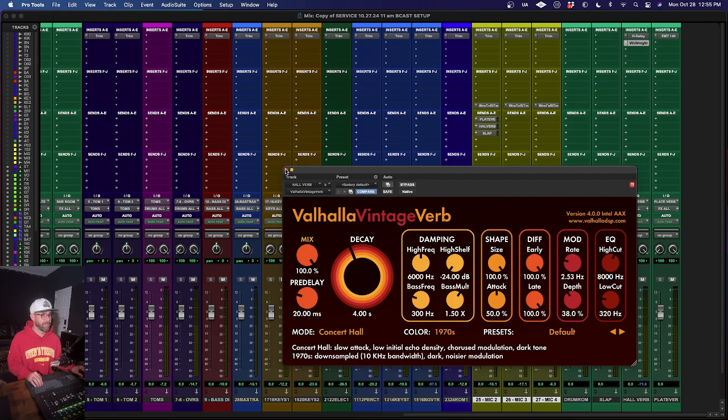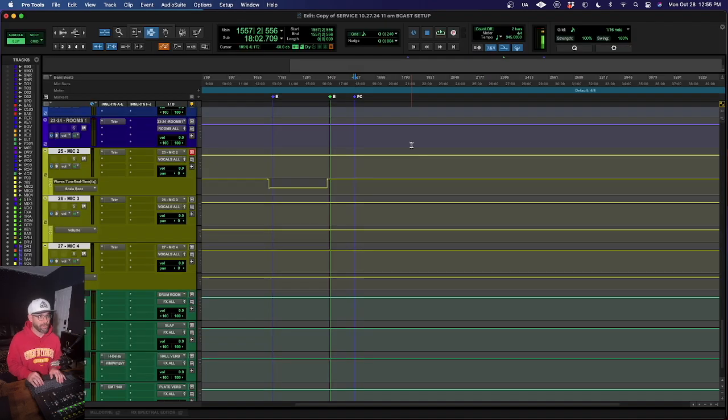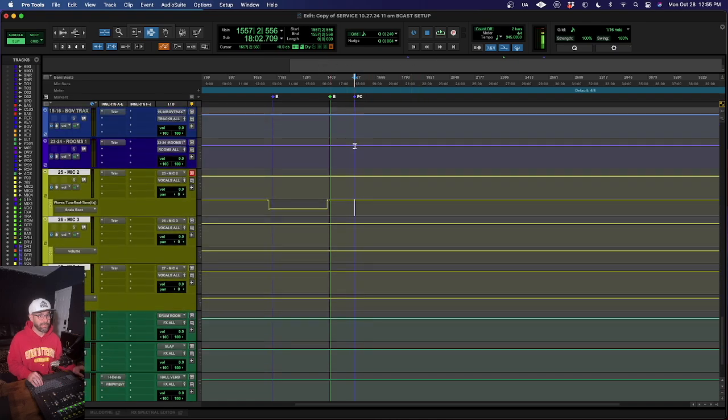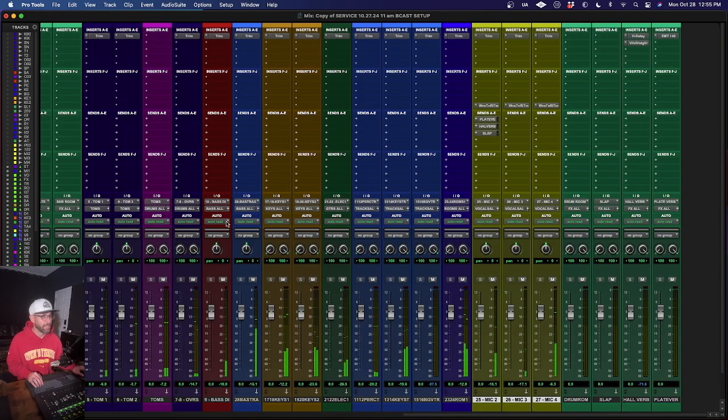Filter these out. And then another cool trick is in Pro Tools, because I have delays going, I can edit my tempo pretty easily. So let's